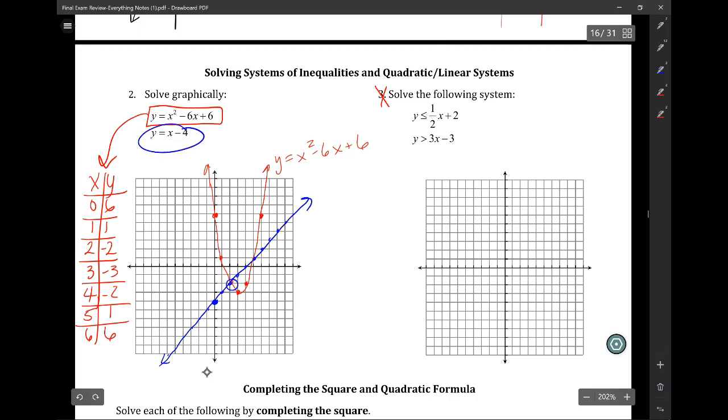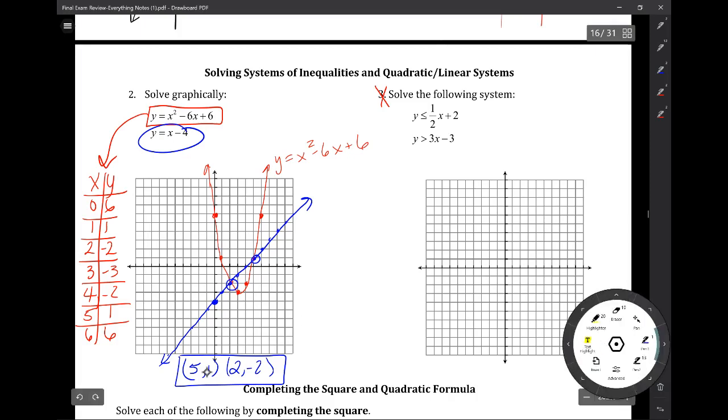And my solutions are the places at which they intersect. So you have to tell me the solution points. One of them is (5, 1), and the other one is (2, negative 2), because it goes over and then down. What we would do algebraically, if it said solve algebraically, so let me switch my color one